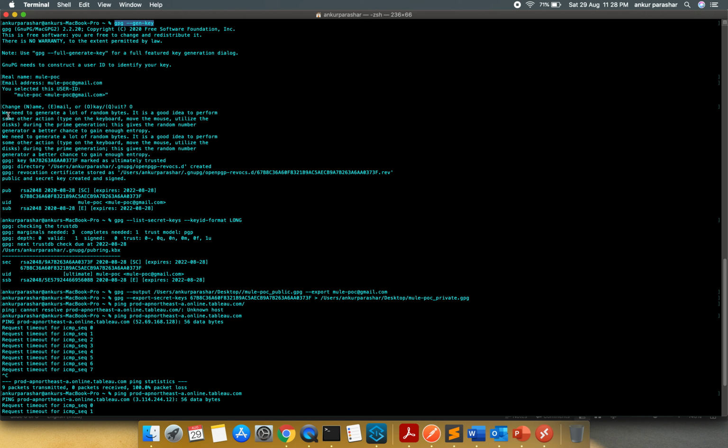After that, it will auto generate these particular lines. This one shows the expiration date when it was created, and this one is the fingerprint. This is very important because it is going to be used within our later section as well.